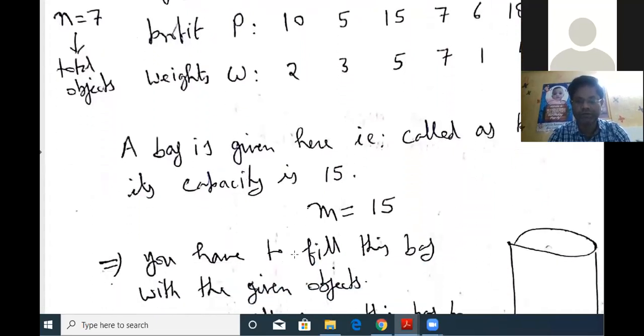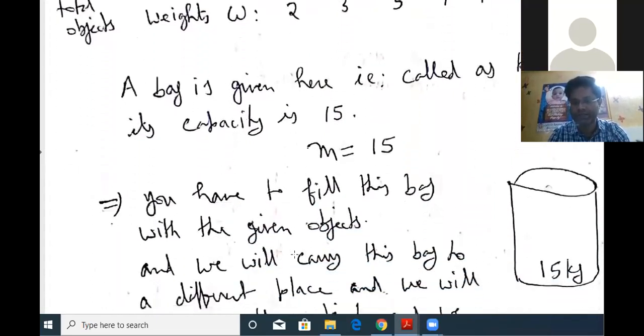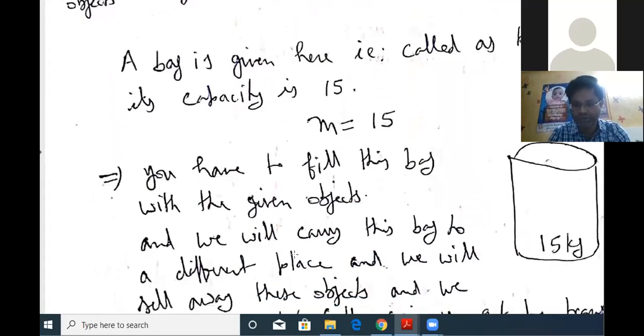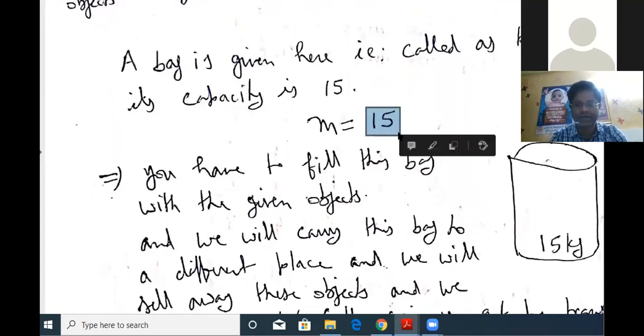15. Knapsack basically means a container in which you have to hold particular items such that it doesn't cross its limit. Since the limit is fixed here, that is 15. The unit is not written here. You can consider any unit like kilogram, milligram, gram, or anything else. This is basically the numeral value that we are interested in.